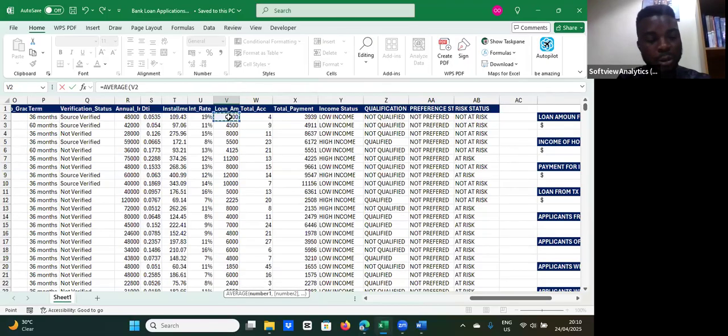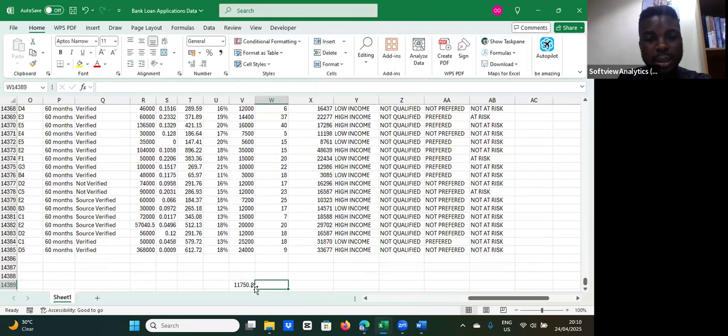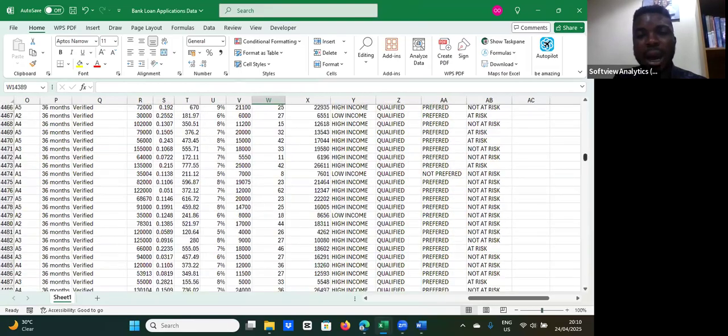So I'm going to pick from the first number, and I'm going to select to the last number, right? So I use Control Shift, downward arrow to select, right? And I'm going to close the brackets, and then press enter. So this is the average